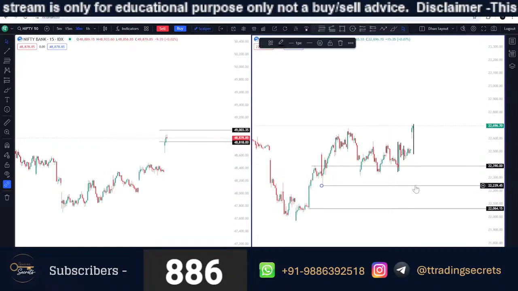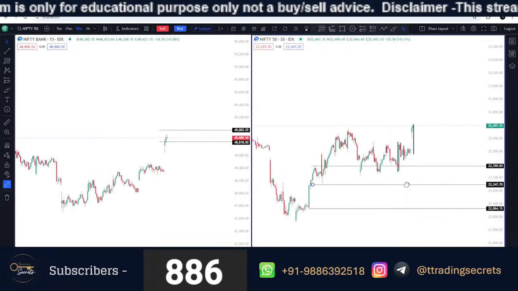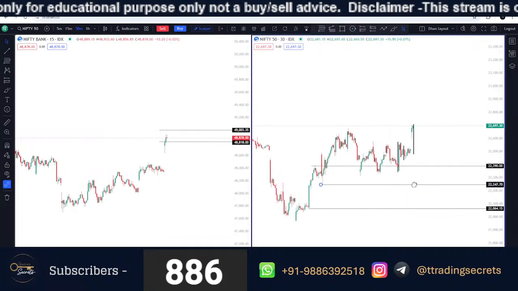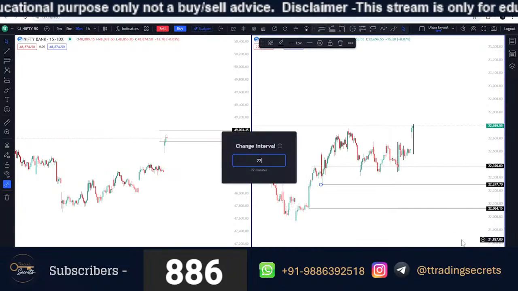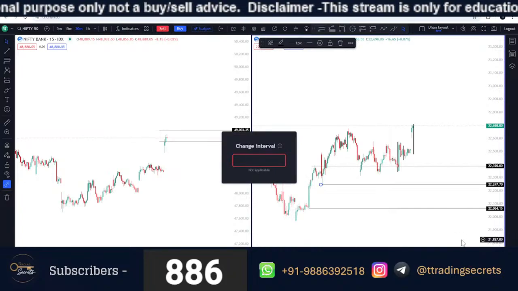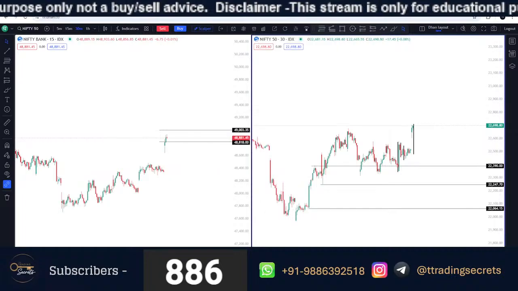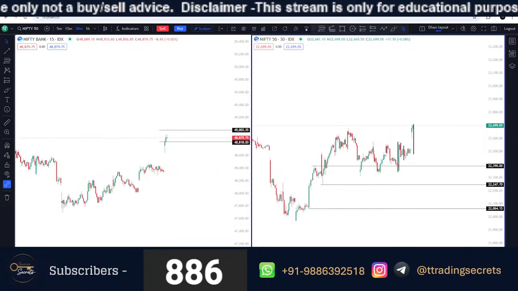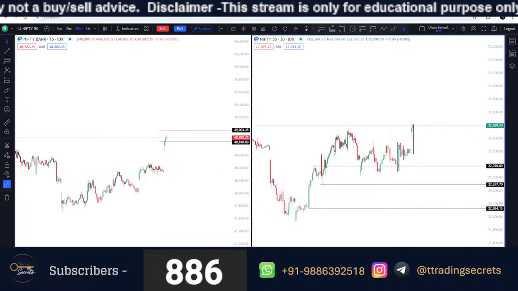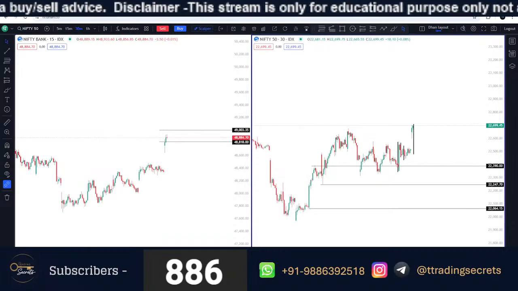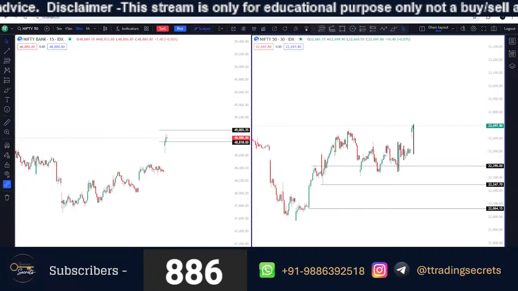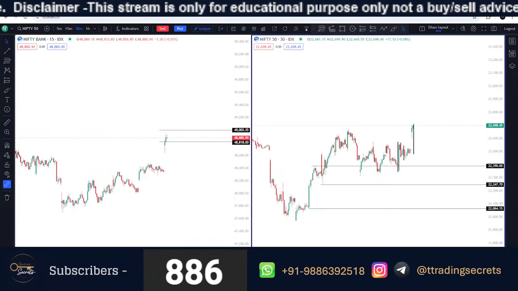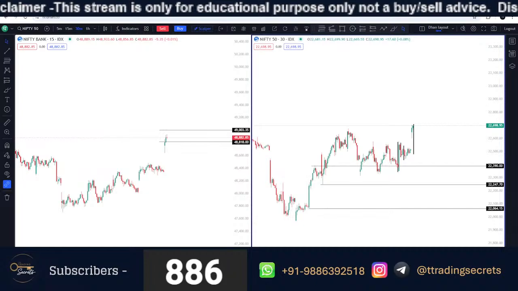The retracement point is at 22247.70. So the retracement point is 22247.7. Direction is bullish plus